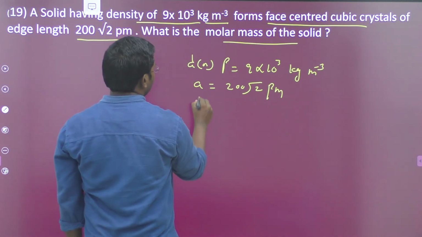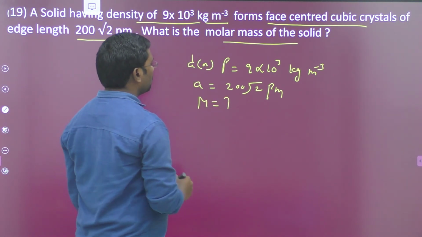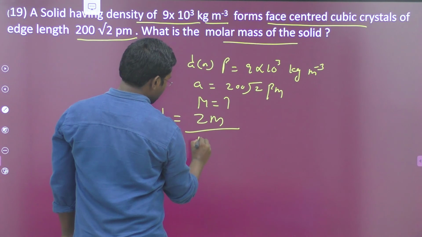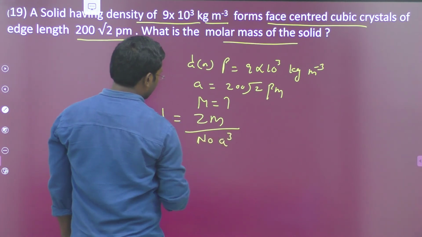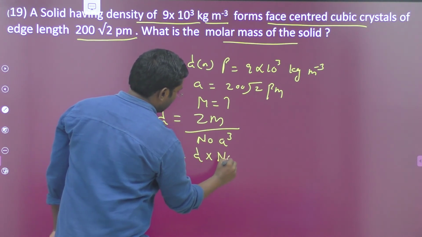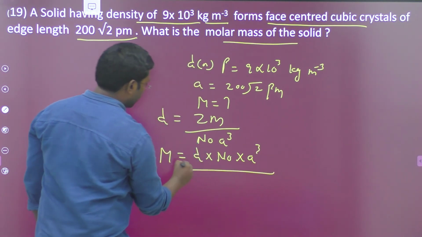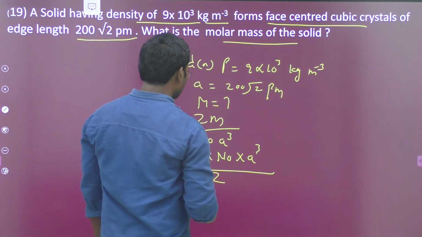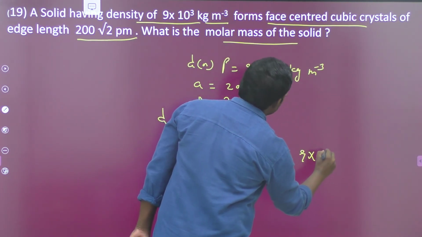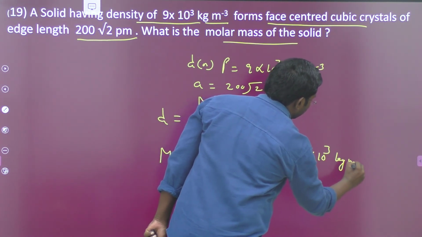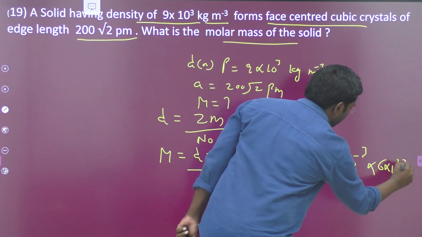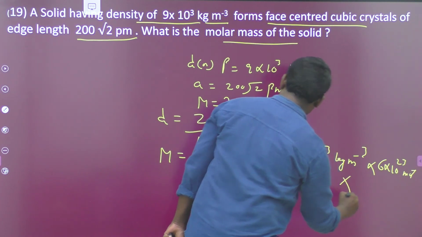And what is the molar mass of the solid M? The formula for the density is D is equal to ZM by N0 A cube. From this we have to calculate molar mass. M is equal to density into Avogadro number into edge length A cube by Z. Density value is given, 9 into 10 cube kilogram per meter cube, and Avogadro number 6 into 10 power 23 mole inverse, into the next one,